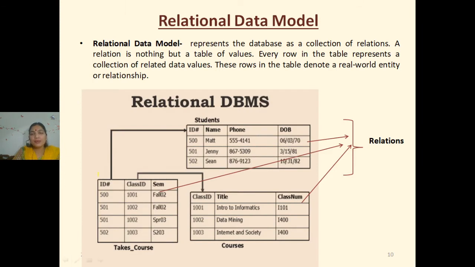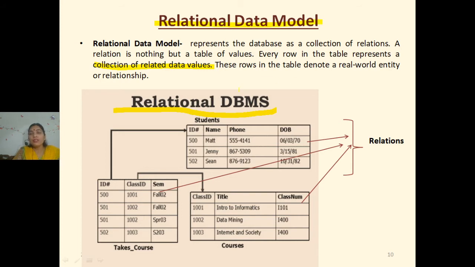What is this relational data model? I have shown you this picture in the beginning also. So this relational database model is visible here. See this, what does it depict? It tells that every database is a collection of relations. What is this relation? This relation is nothing but the table, a value containing table. These tables are also called relations in the relational database model. Every row in a table also represents a collection of related values. So see the term related, and that is why probably it is called the relational data model.